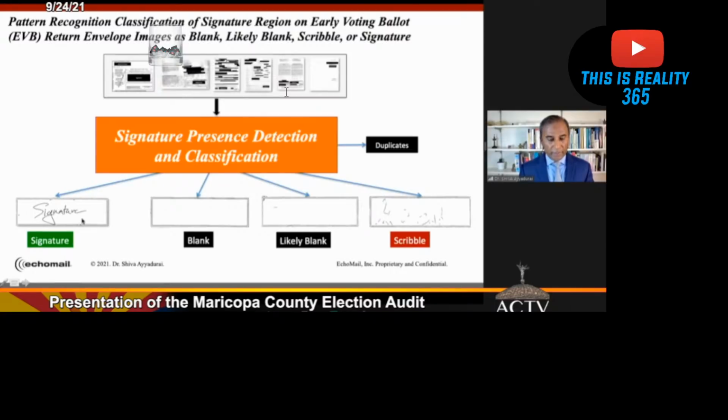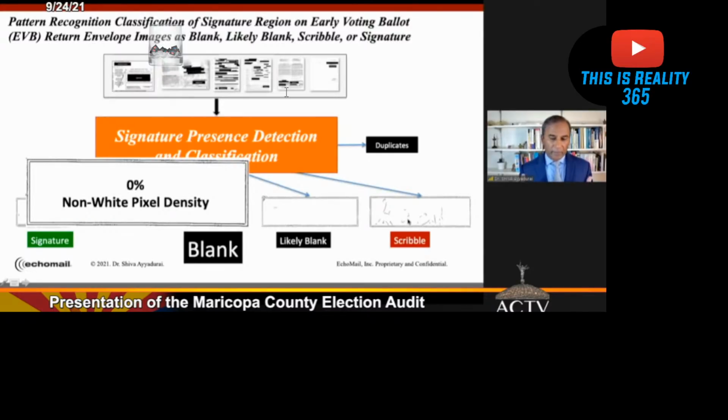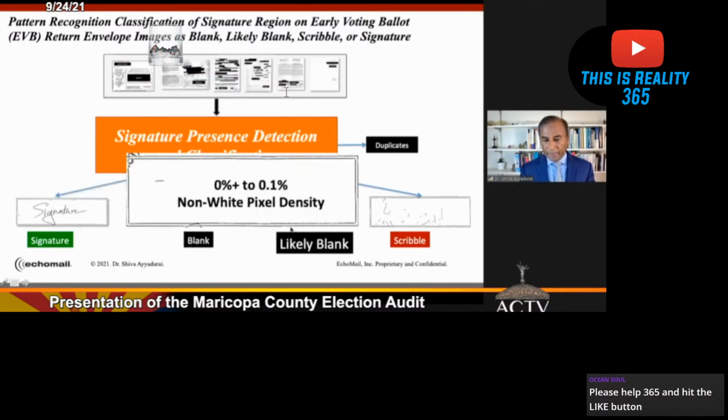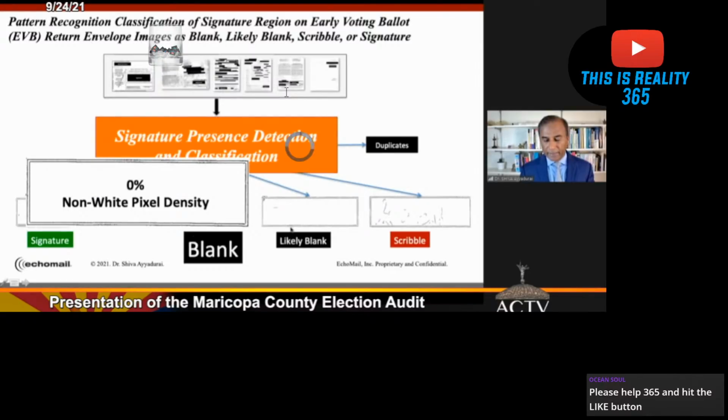One category of the signature region has a signature, another category is blank, likely blank, and scribble. And just to keep it real simple, it was a very simple classification. If it's 0% non-white pixel density, which means nothing in that area, it's a blank. If it has a little bit,